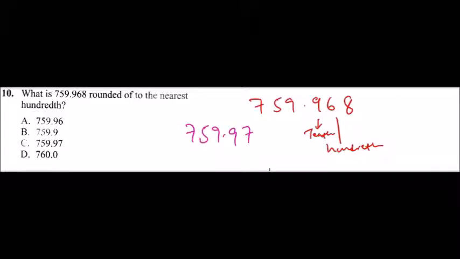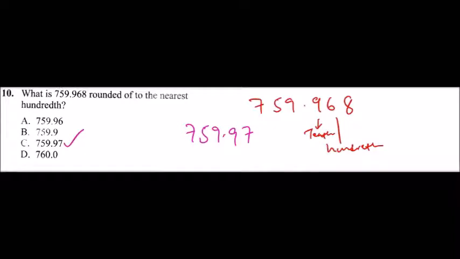759.97. Checking your answer, then you find the answer. The correct answer is C. So that is the answer that you mark. So here what you are being tested is whether you know the place values. The place values on the right hand side of the decimal, the left hand side of the decimal, which